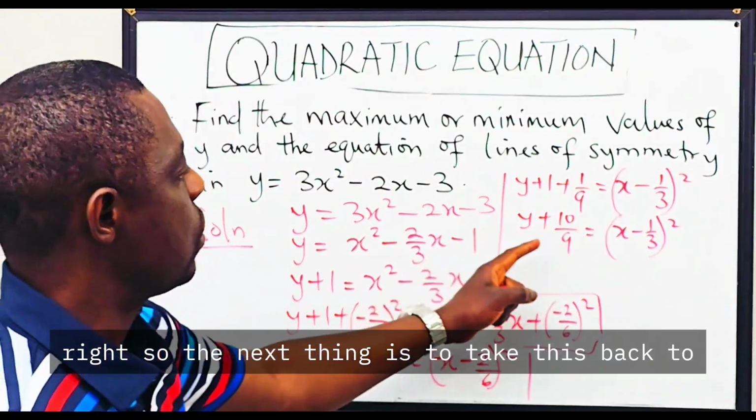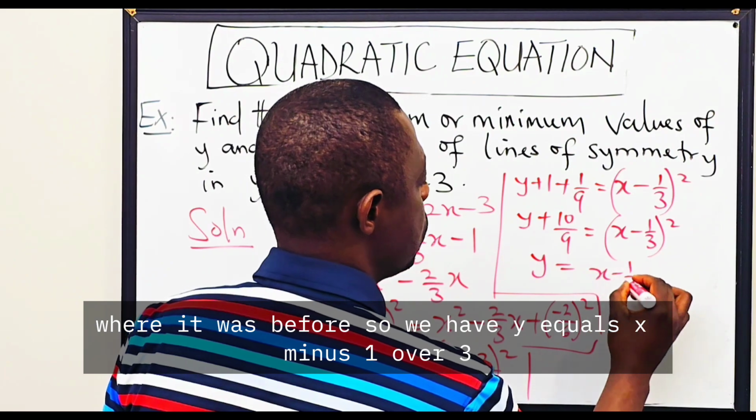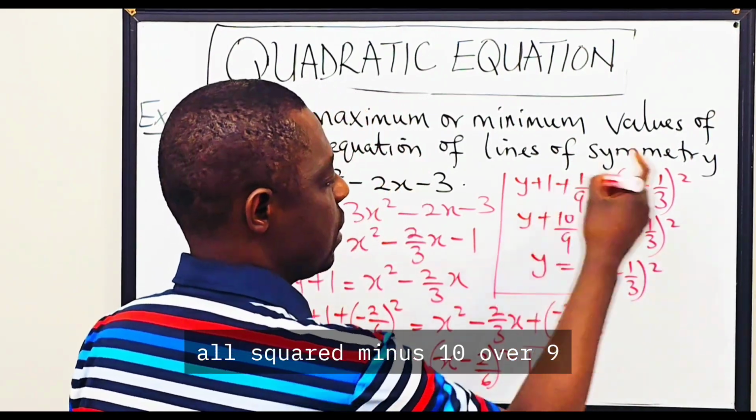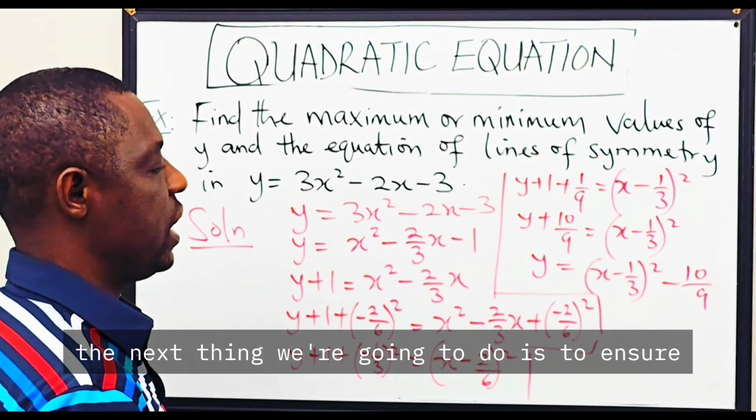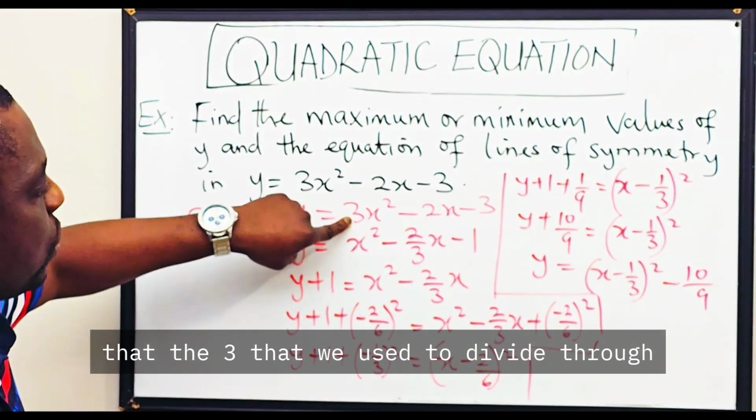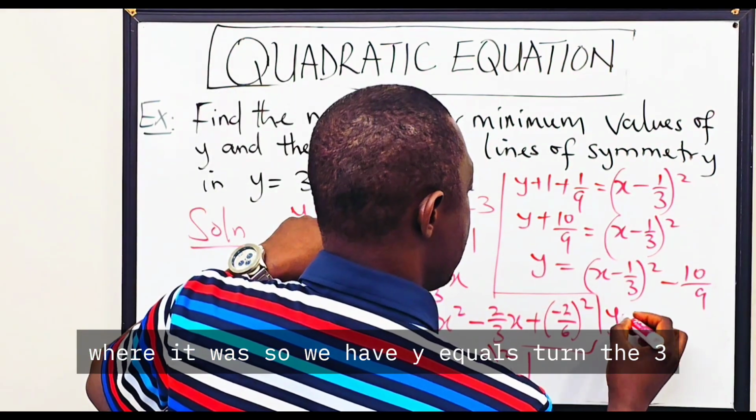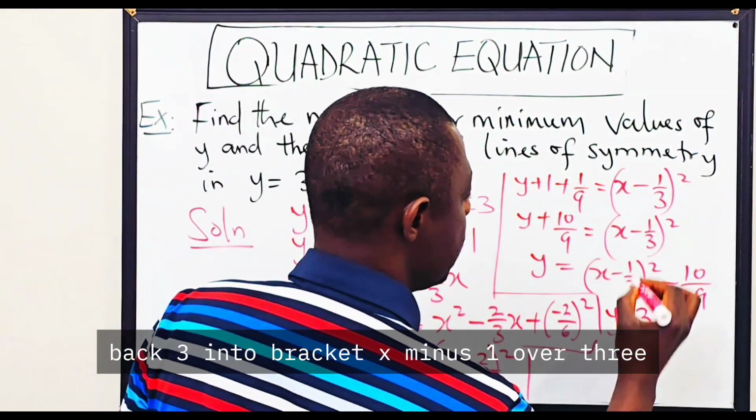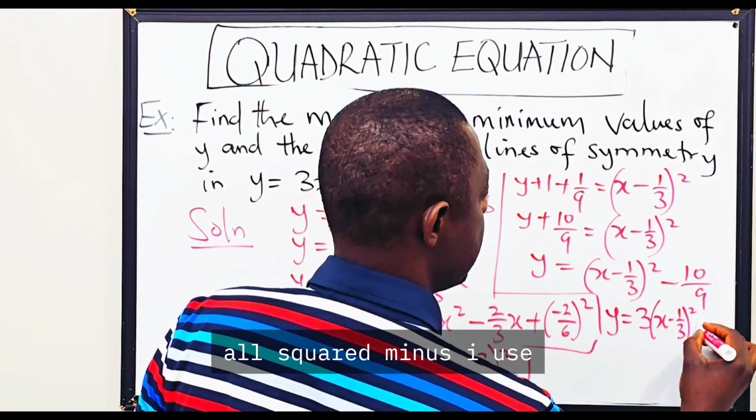Right? So the next thing is to take this back to where it was before. So we have y equals x minus 1 over 3 all squared minus 10 over 9. What next? The next thing we're going to do is to ensure that the 3 that we used to divide through by the right hand side, we turn it back into where it was. So we have y equals 3 into bracket x minus 1 over 3 all squared minus,